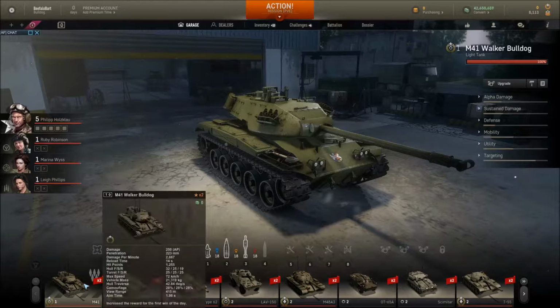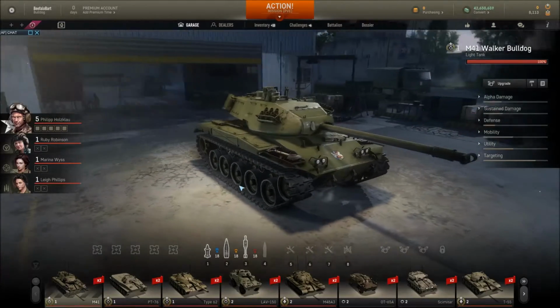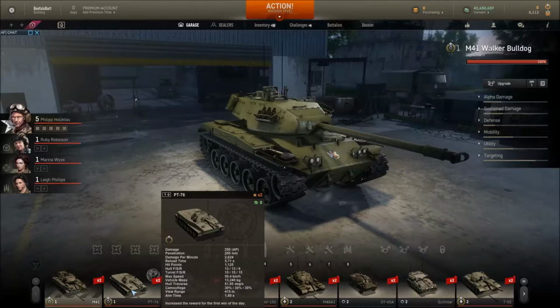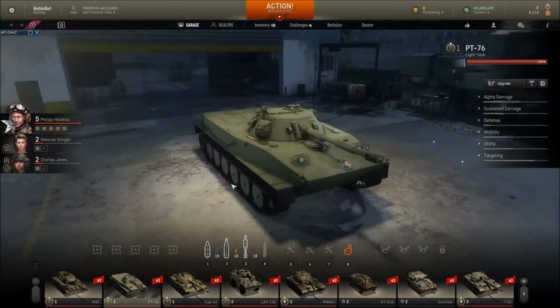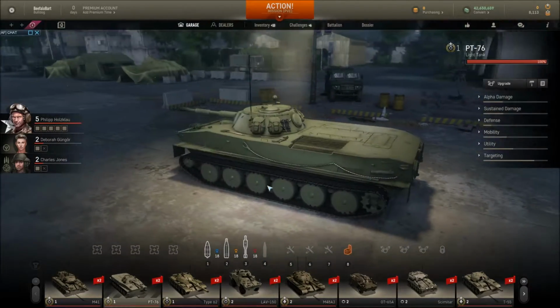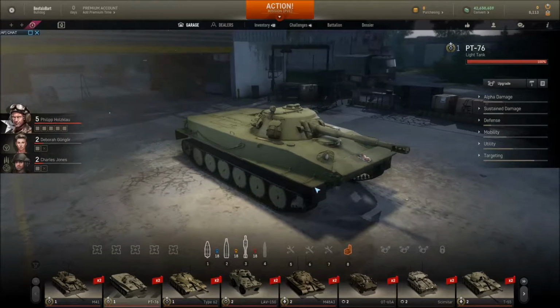But this is the M41 Walker Bulldog. It is a tier 1, and it's pretty well maxed out. I haven't looked at all the setups and anything because I haven't been in the game in quite a while. The PT-76, I'm not sure what that green flash is whenever you transition, but I really didn't use this on a whole heck of a lot. I mean, I used it a few times here and there, but